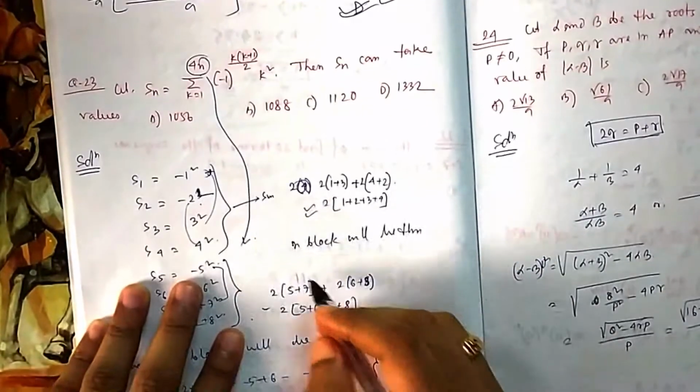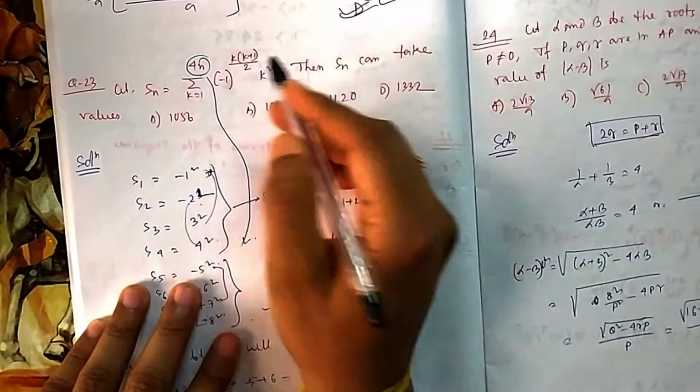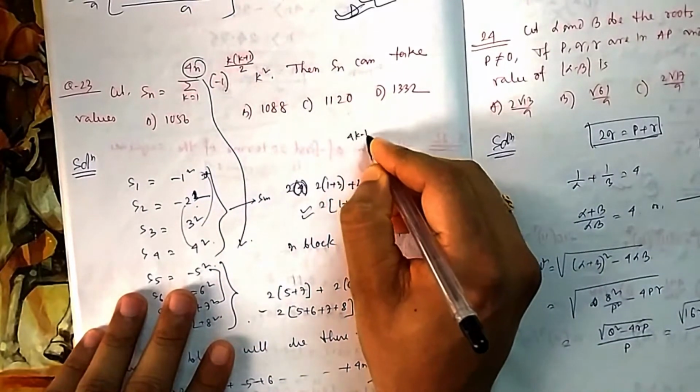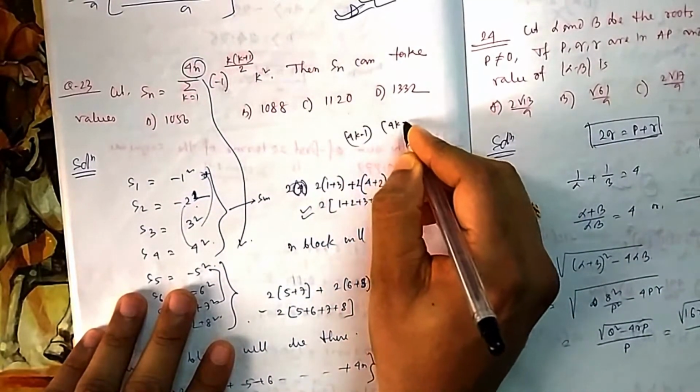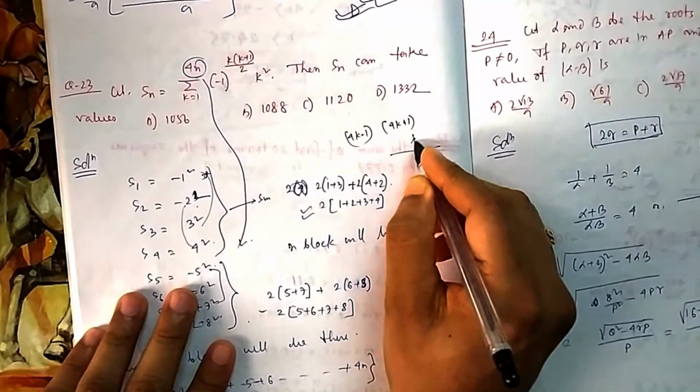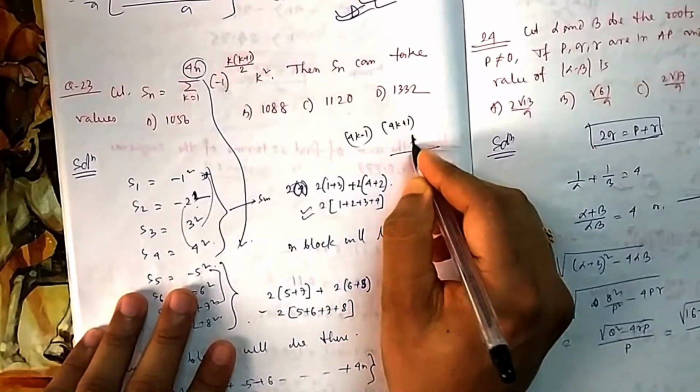So if you go near 4k minus 1 or 4k plus 1, if you go 4k minus, you remember where we have used this one? In trigonometry we have used this for indicating this in the general solution.